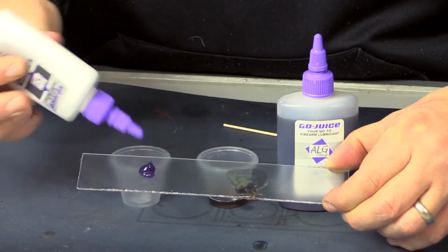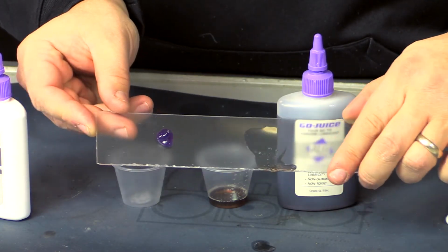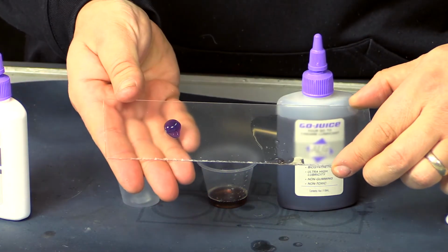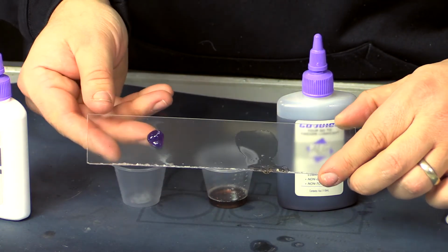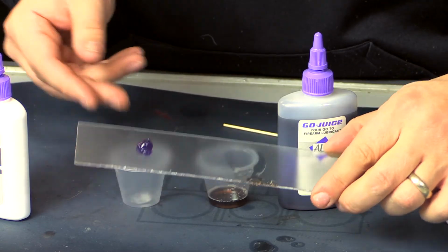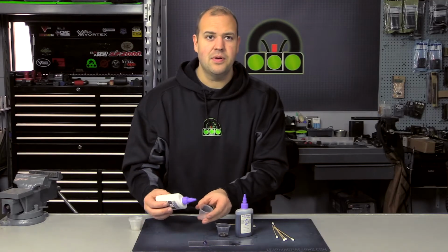So if we put some on here, obviously we can see that the oil is pouring right off and the grease is staying present. So there is the grease, it's not moving, it's basically a gel. And the best way I could explain what it feels like, and I'll put some in the cup here too,